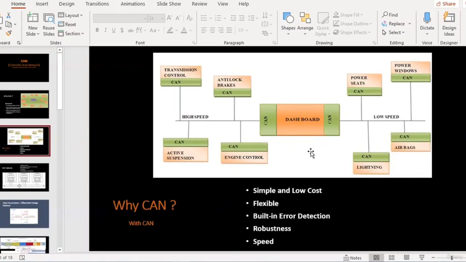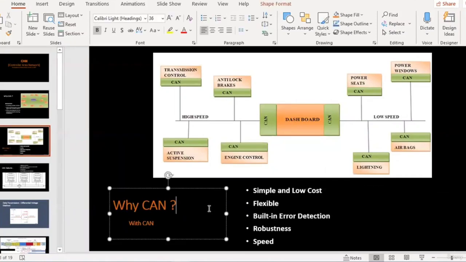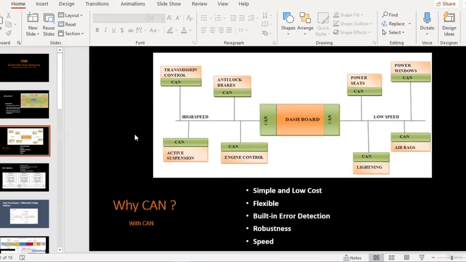So it is a very plug and play kind of configuration. And then there are a lot of inbuilt error detection mechanisms present in the CAN line. What those mechanisms are would be discussed in the later slides.